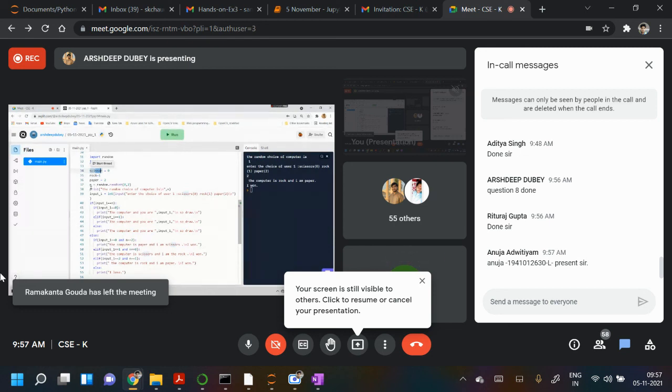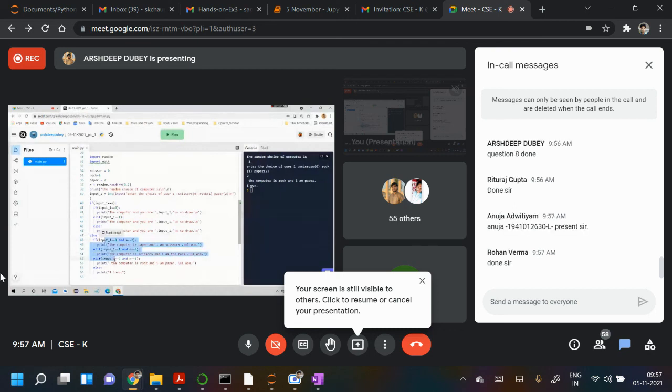So I have taken a random integer from 0 to 2, which will be taken from the computer. Then I have taken an input by myself as the choice of the user, and then sir I have compared them. If they are equal, then sir there can be a draw, and else I have taken the three conditions in which the user will win, and else the user will lose, sir.